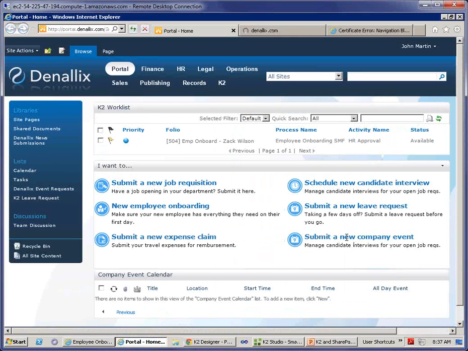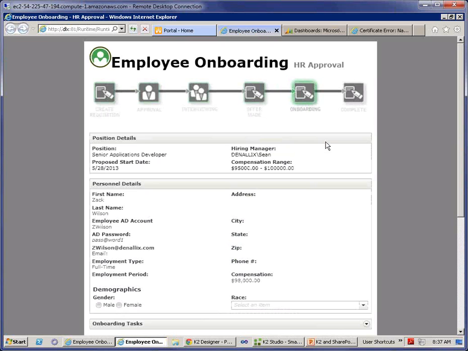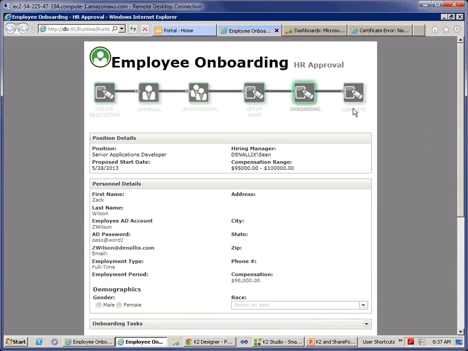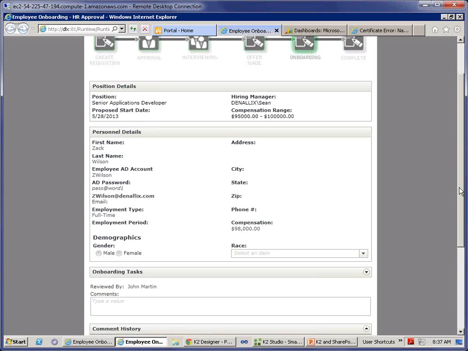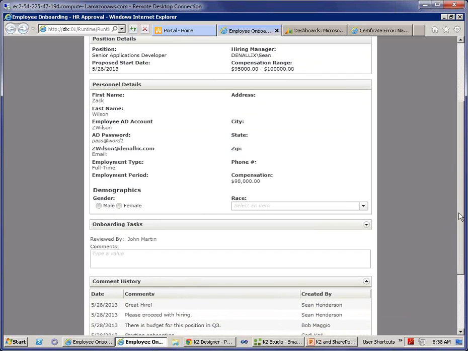Now, there's a number of things that are going to happen once John completes his task. So let's go ahead and open up John's task, and you can see he's in SharePoint. He's got a work list item here. He can also open up his email with a link to the form. So he has a number of ways to interact with his task. In my case, I'm going to stay inside the SharePoint environment. I'm going to assume all my users use SharePoint. And again, remember, these forms can be opened up on your mobile device as well. As long as you want those to be open, they can be open in your web page or mobile device,